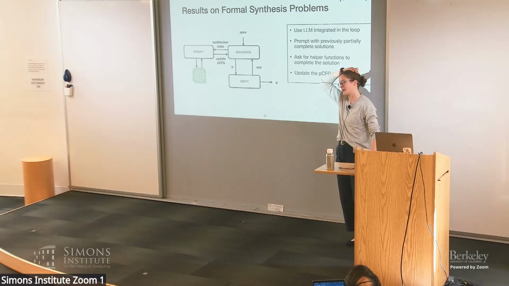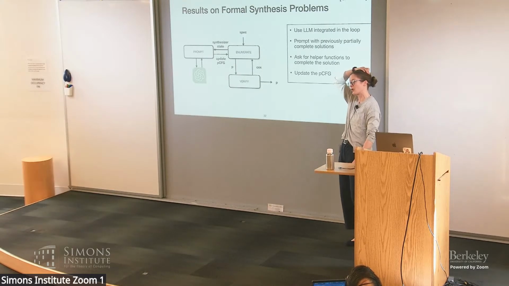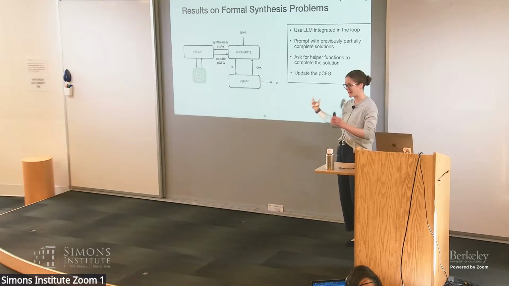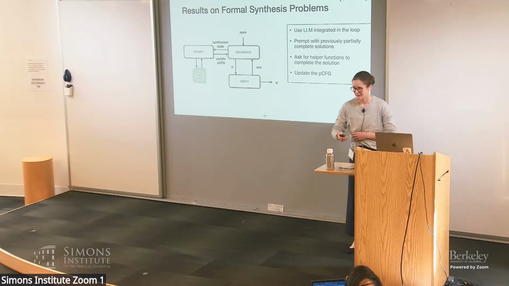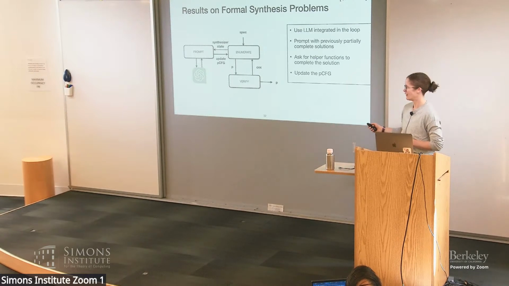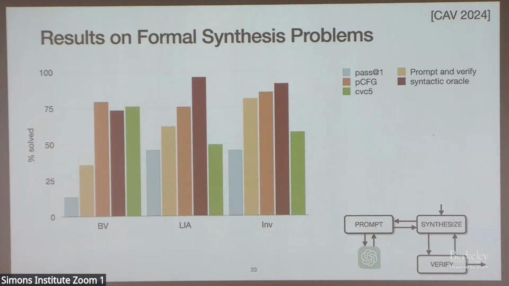So I guess it's not a case of how likely a mutation is, it's a case of how likely it is that you will generate that complete program from scratch. But I agree, we still could quantify this better. I just haven't. I would be very interested if someone has strong views on how to do this though, because this is slightly not my area, how you'd actually quantify how correct our assumption is. Fair enough, thanks. It works on formal synthesis too. That was the TLDR of this slide.